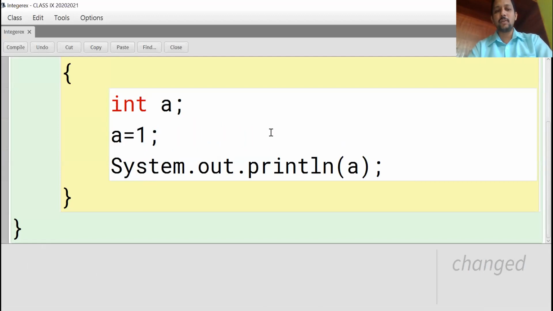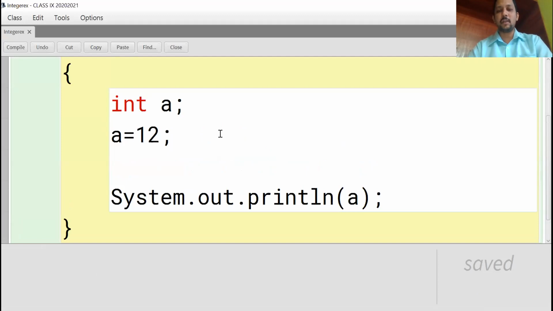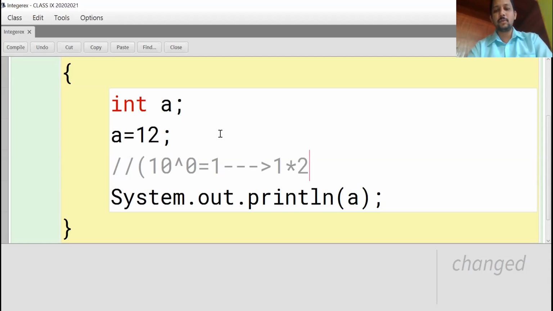So for example, 12 is chosen by you. Output is 12 only. Sir, how are you getting 12? See, first step is 10 power 0, that is equal to 1. So 1 into 2, that is equal to 2. This is the first step.